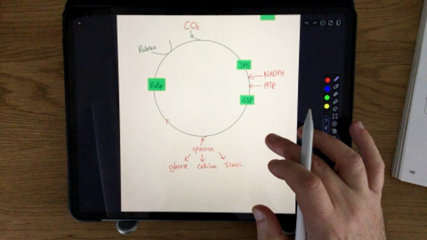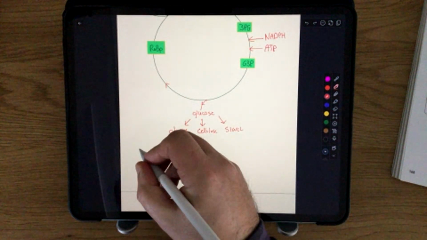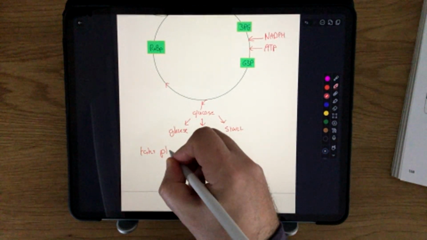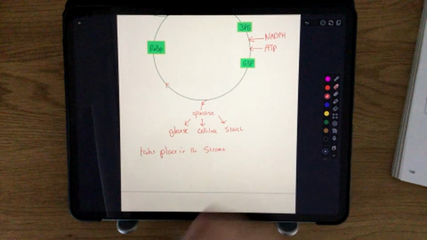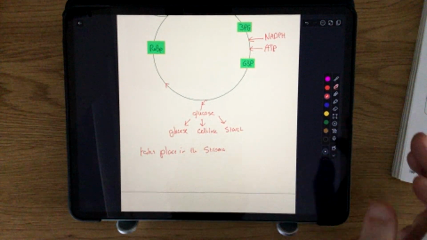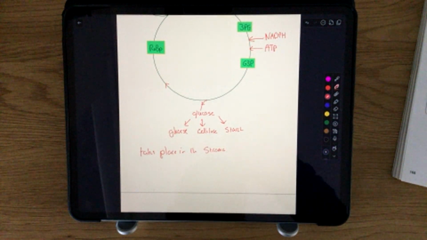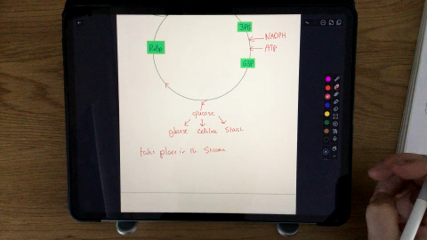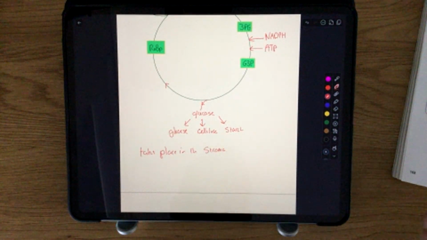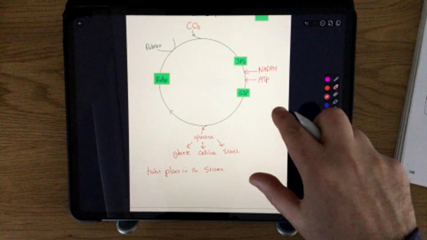So another couple of key things. One more thing that you should know about this is it takes place in the stroma. If you look at a chloroplast, you have the grana, which are the discs that contain chlorophyll, and the stroma is more like the space in between. It's not the solid green parts containing the photosynthetic pigments, which you got from earlier on in this. So with that in mind,